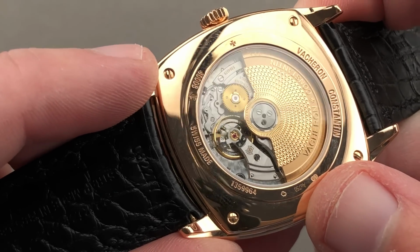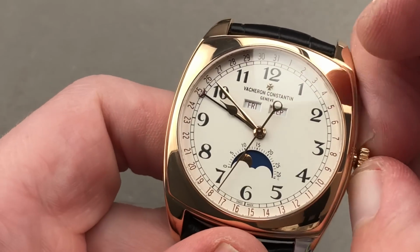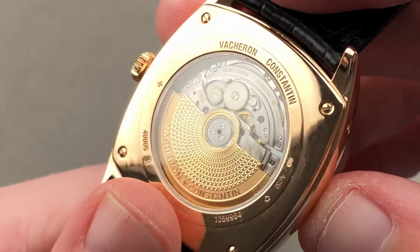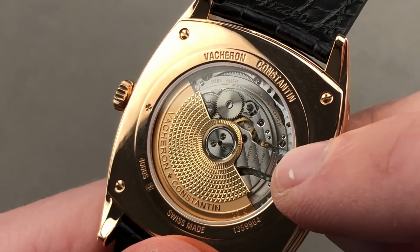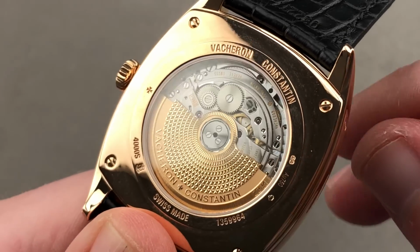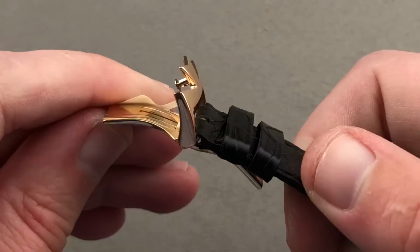28.8 beat rate, 40-hour automatic winding, ceramic rotor bearings, and a feature that a lot of high horology calibers for some reason don't include, which is hacking or stop seconds. Roll it over one more time, you can see the finish is exemplary. The Côtes de Genève are rather thin, but they're richly crested and deep, and you can see that there's mirrored anglage on the edge of every bridge with black polished screw heads featuring chamfered slots and circumference. Good looking watch. You can see a full deployant clasp in matching red gold,